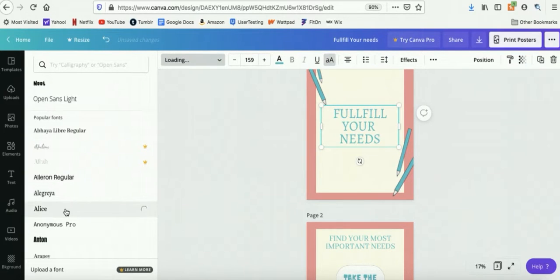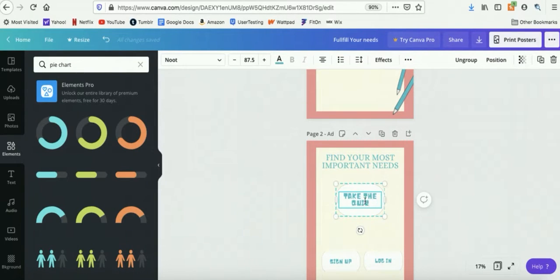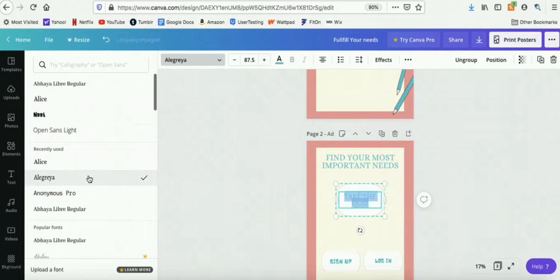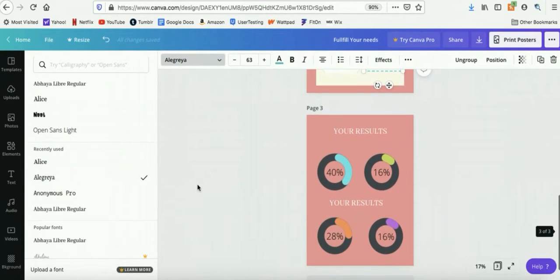I would probably play with the fonts a little bit more if I had more time, but I don't want to take up everybody's time to play around and find everybody's fonts, so we're just going to put in these basic fonts.